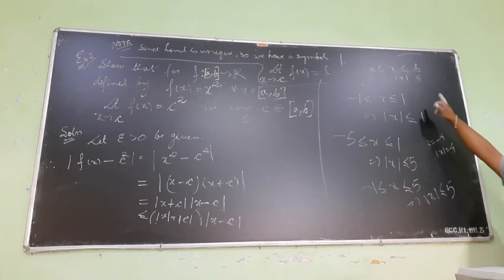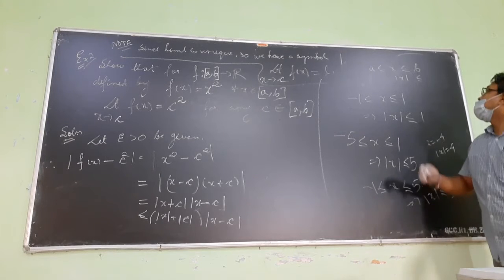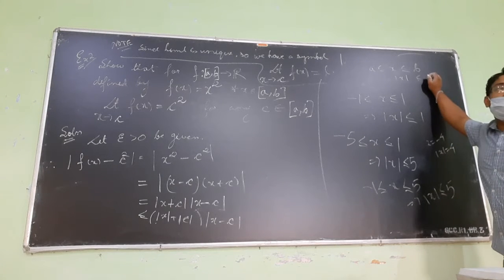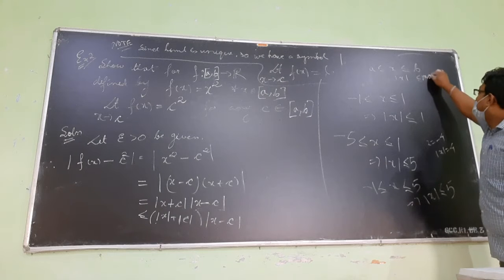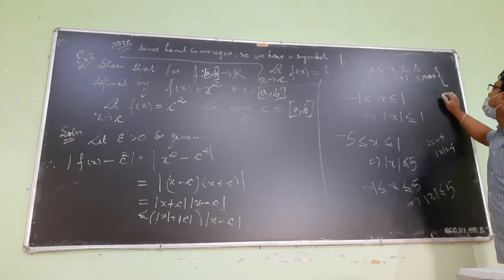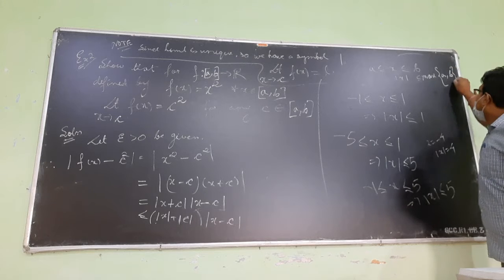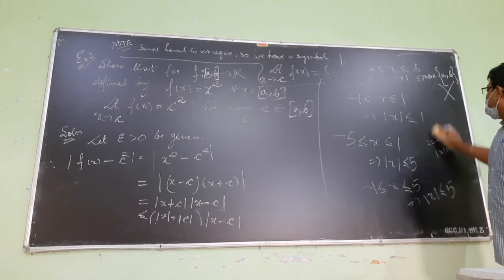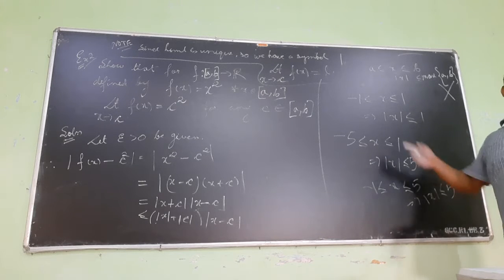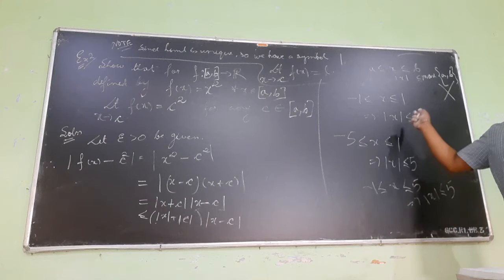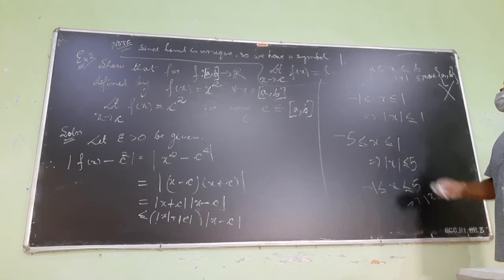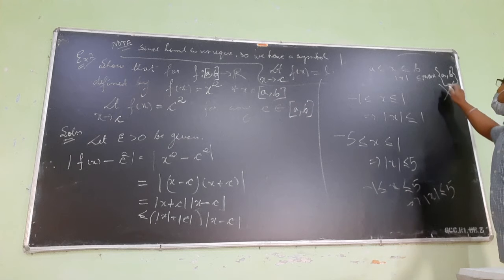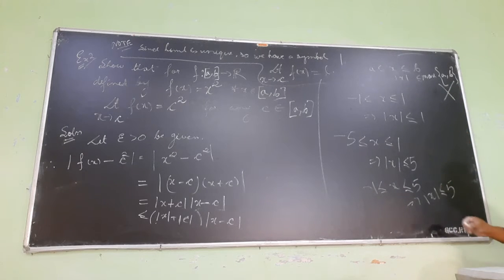So from these, what should this one be? Mod x less than or equal to what? Maximum of what? A and B. So this is also incorrect. Define it, define the level. This is also incorrect, but correct, 90% correct. It needs 10% more. Maximum of what? Only the maximum will not do. Which is around 5. What is 5? Can I write it as maximum of minus 5 and 1?